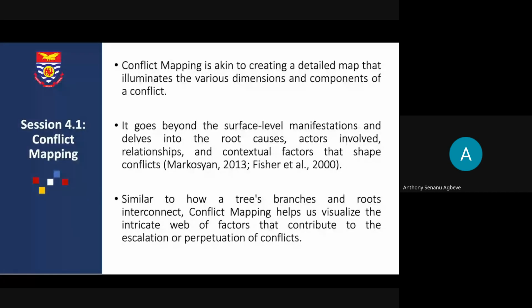So for example, every given conflict has the causes and then the effects, right? So you want to map the various parts of the conflicts. What is this cause leading to? What are the causes? These causes, what are the effects? So in a nutshell, you are mapping the conflict. So here, the conflict mapping goes beyond the surface level manifestations and delves into the root causes, the actors involved,